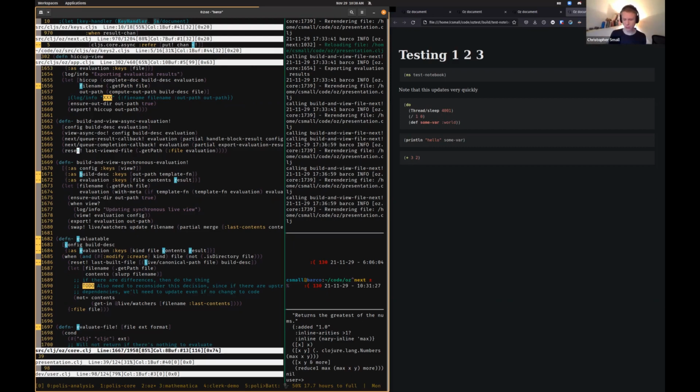Something I should clarify here that's a little bit different from what you may have seen with Clerk, for instance. So here, we'll see how this works out, but my intention is that you only specifically have to watch the files that you want to build into targets. So you don't have to explicitly say, yeah, this is the source directory, I want you to watch these files for changes. My plan is to have it so that any file that it sees that's local relative to the process, the Clojure process that's running everything,